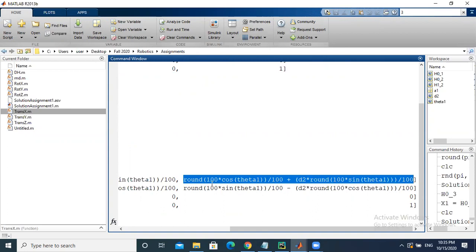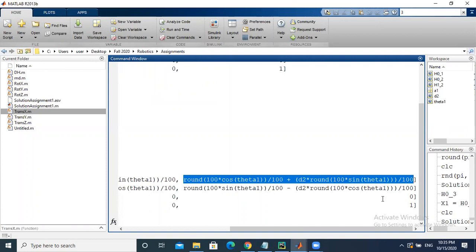If you see here, this is nothing but cosine theta 1, right? There is just an issue in my particular MATLAB installation. The round function is not working well, so I need to fix that. But here, I have cosine theta 1 plus d2 sine theta 1. Okay, so I'm just going to write that. So this is a coordinate, right? So this entry here is what? It is x of my end effector, right? So x is equal to, I'm writing that on paper now, cosine theta 1 plus d2 sine theta 1,